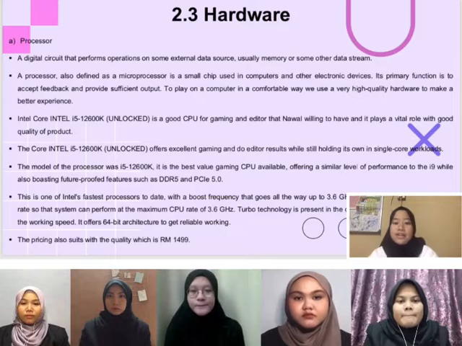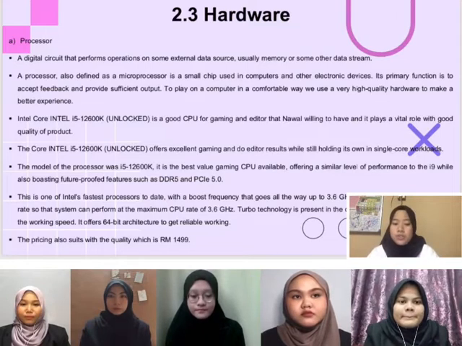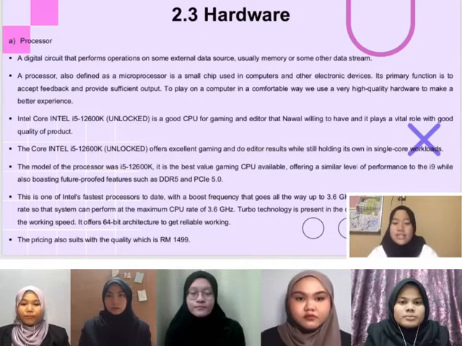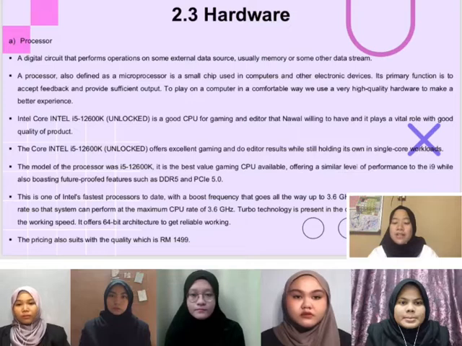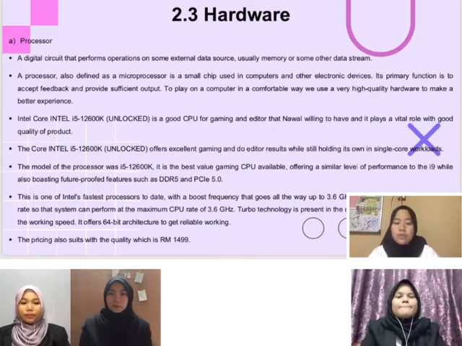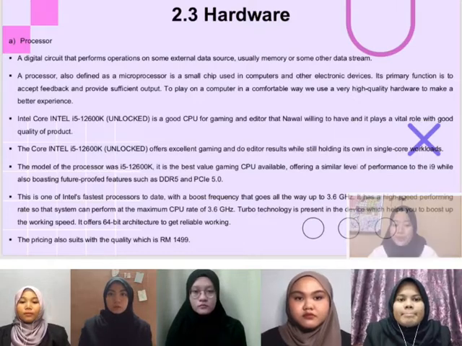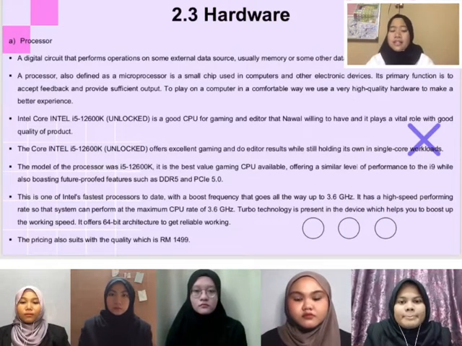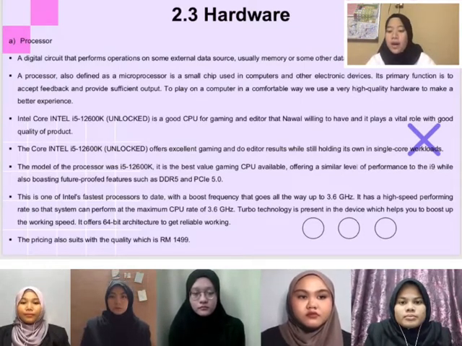The Intel Core i5 12600K offers excellent gaming and editing results while still holding its own in single core workloads. It is the best value gaming CPU available, offering a similar level of performance to the i9, while also boasting features such as DDR5 and PCIe 5.0. This is one of Intel's faster processors to date, with a boost frequency that goes all the way up to